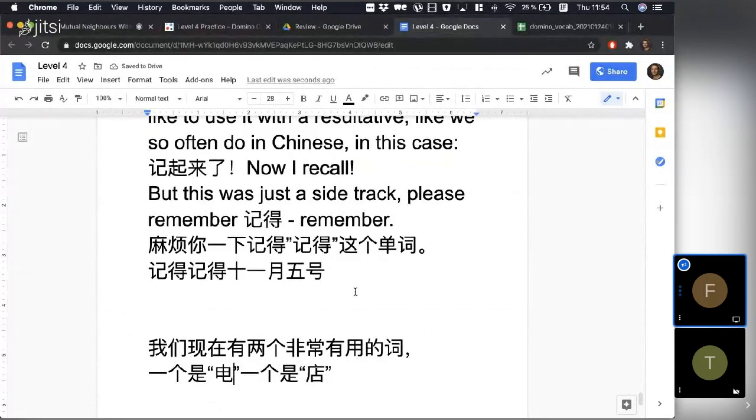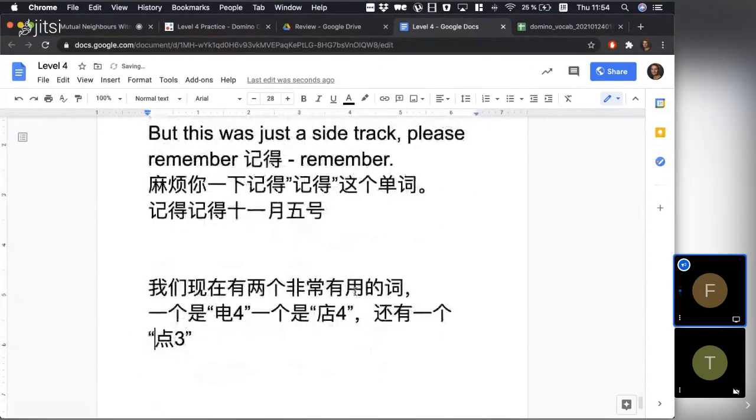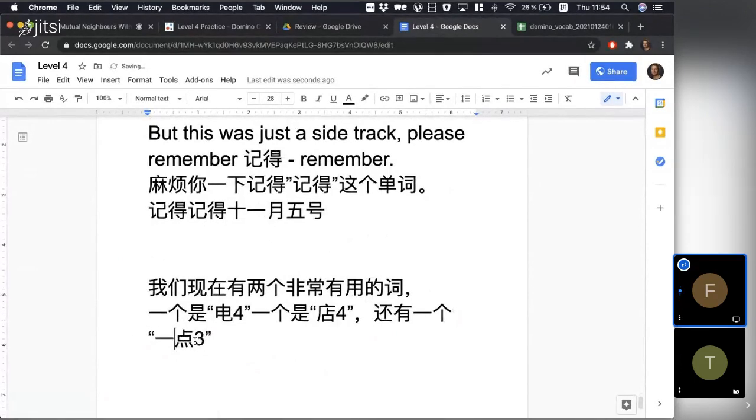This is fourth tone. This is fourth tone. 还有一个点 but maybe you can even hear that this 点 has a third tone, like 一点。So I think somewhere in your head, you can recognize this is a 点. If I start saying 一点, you start to react then maybe and be like, oh, that doesn't sound like you should. 一点。